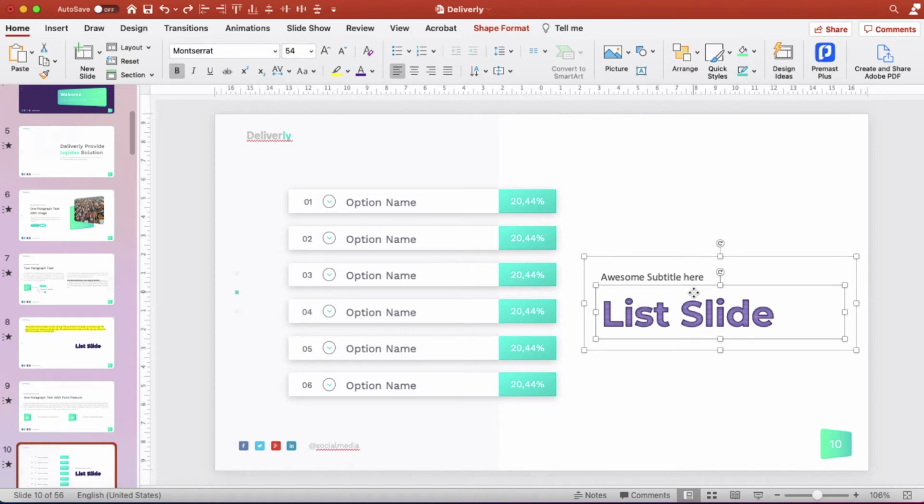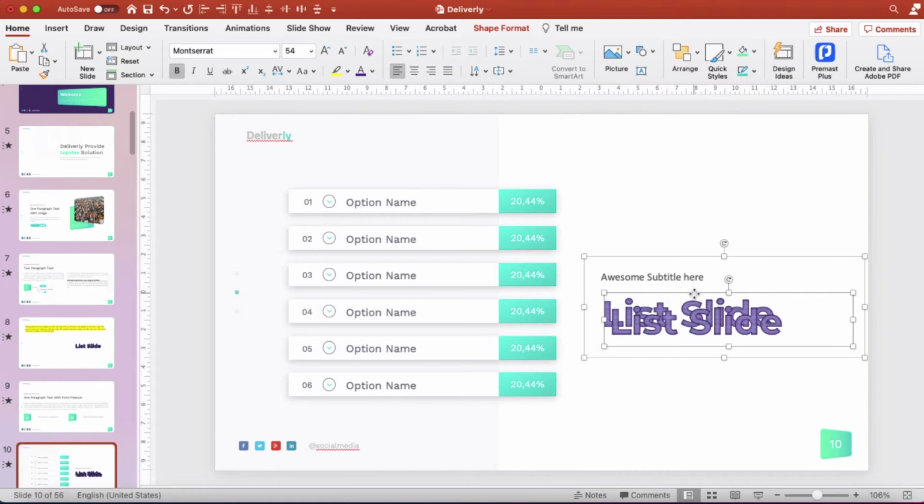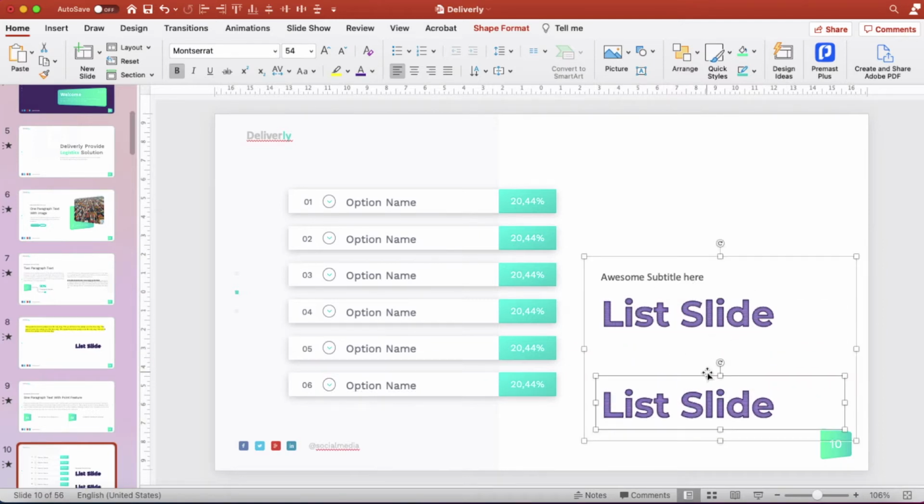So we'll just press Ctrl+D and see what happens. As you can see, I already have a copy of the original text over here, and it's just duplicated another text box right over here. Now this is quite similar to copy and paste, just that it saves you some time. Instead of using two functions, you can actually use just one function of duplicate, and you can duplicate the text